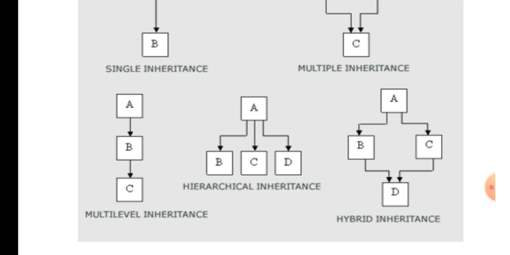Hybrid inheritance in the sense you will have 2 or more different types of inheritance mechanisms implemented in the inheritance implementation. You can see here B and C are 2 classes which are implemented from A. Here you can see hierarchical inheritance. Then D class is inherited from B class and C class. Here you can see multiple inheritance. So since here 2 different types of inheritance mechanisms are used, we call it hybrid inheritance.